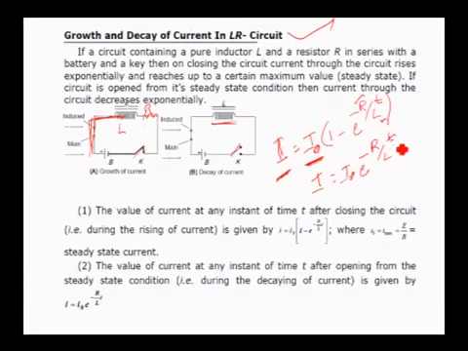So substitute the value of t, and at any instant you can find out the current. This is during the decay and this is during the growth. So, the expression for the current at any instant during the growth and the expression for the current at any instant during the decay are mentioned here. I naught is nothing but the maximum current, indicated by I max, generally represented by the ratio of the EMF to resistance, E by R.